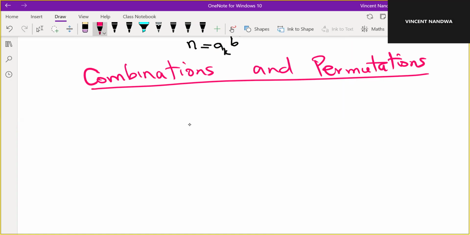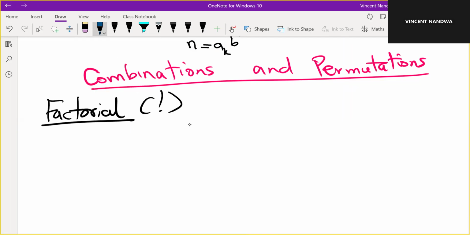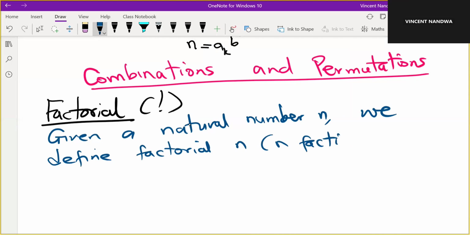A permutation, before we define them, we have to recall the factorial. So factorials are defined at this level for natural numbers. So given a natural number n, we define factorial n as,